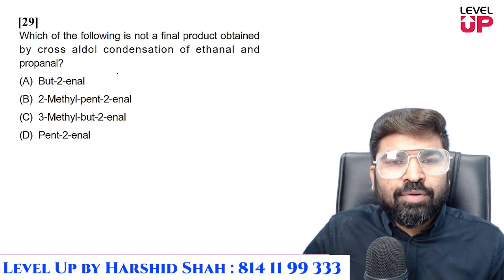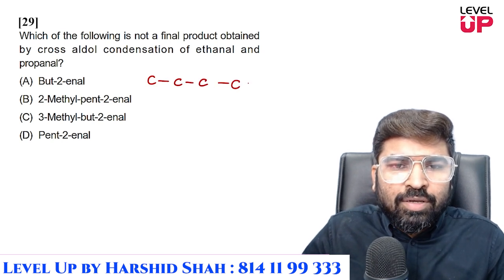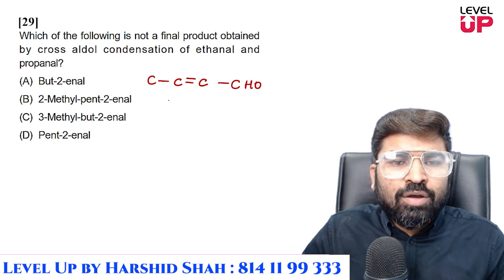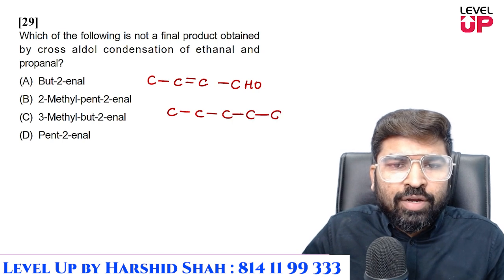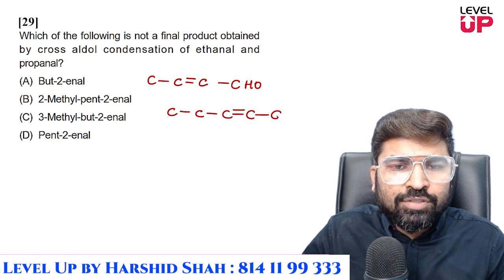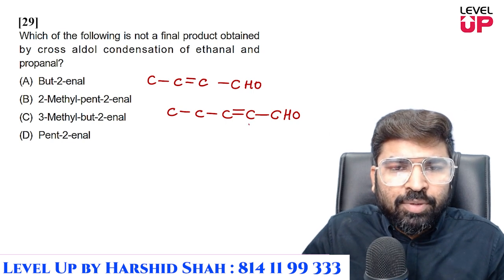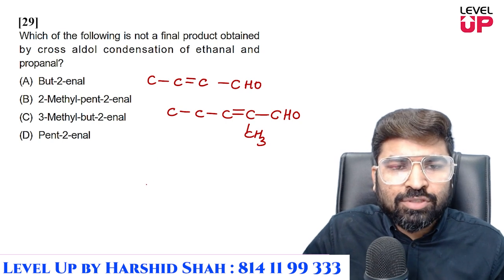चेक करते हैं, right? Butenol क्या ये बन सकता है? यहाँ पे CHO और एल्कीन 2 कार्बन कंपाउंड. यस, इट इज़ पॉसिबल, राइट? पेंट2इनॉल 1 2 3 4 5 डबल बॉन्ड यहाँ पे है और CHO यहाँ पे है और CH3 सेकेंड पोजीशन पे है. यस, इट इज़ पॉसिबल, कंप्लीटली पॉसिबल.